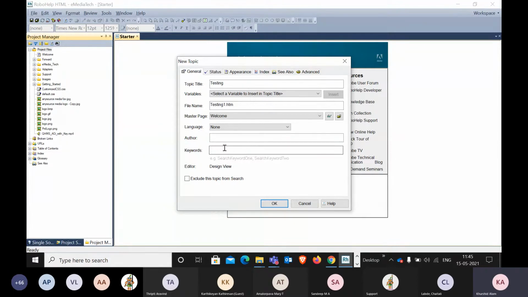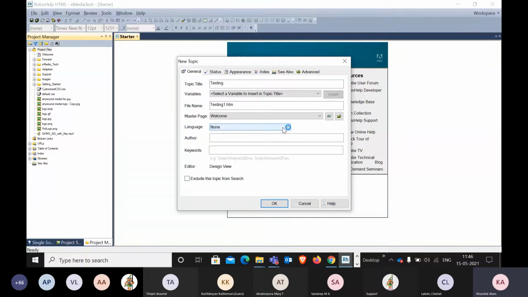For example, you may group your topics like cover page or support page and internal pages. So you can apply different designs to these different topics so that your help or manual is gorgeous and looking very good and nice.